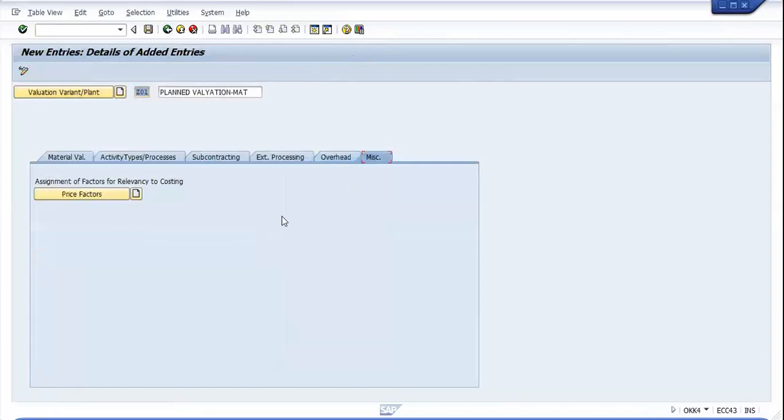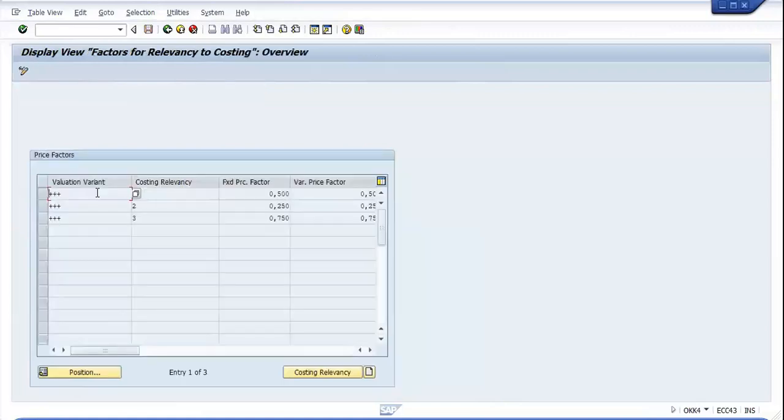If we click on the price factor, basically this indicator is for the relevancy of the costing. It controls the extent to which the BOM items or the operations or the sub-operations in the routing are included in the costing.